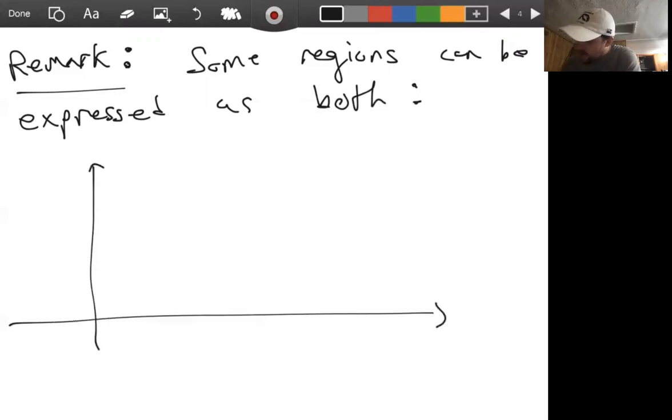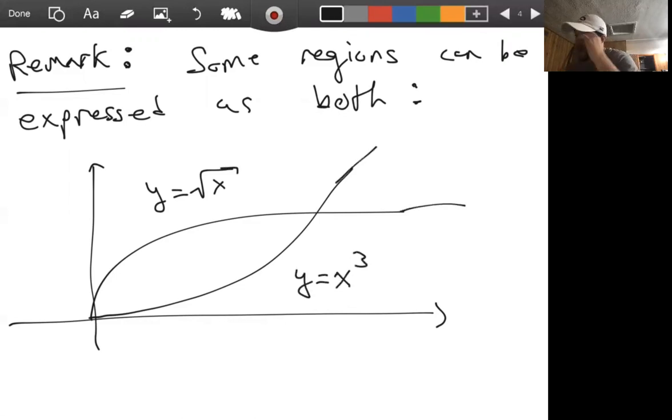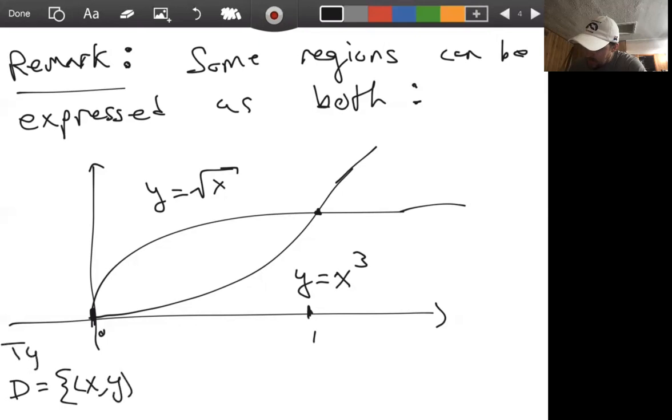Okay, so let's look at an example. Let's look at a region bounded by y equals root x and y equals x cubed. So this is a region of type 1 for now, right? And so we have to look at their intersection points and see that this is between 0 and 1. And so this region D here, we can express as a type 1 region